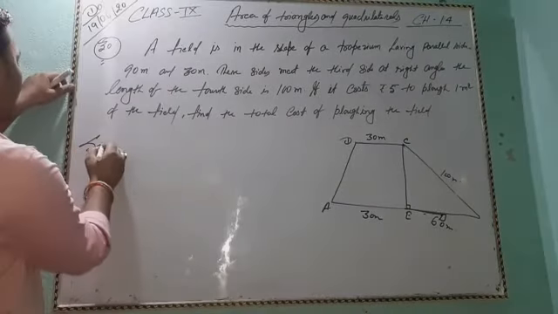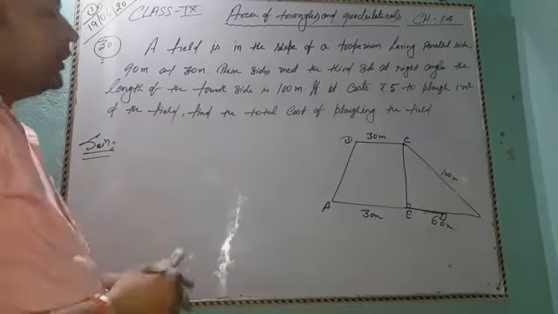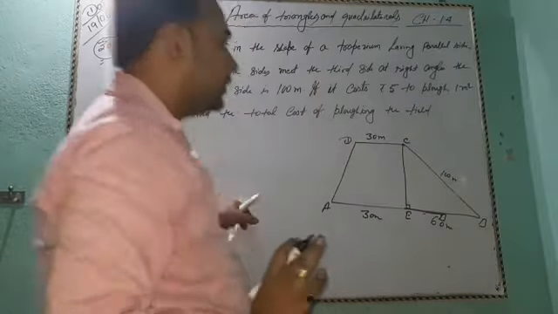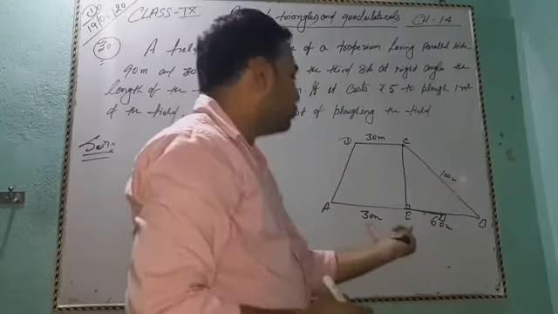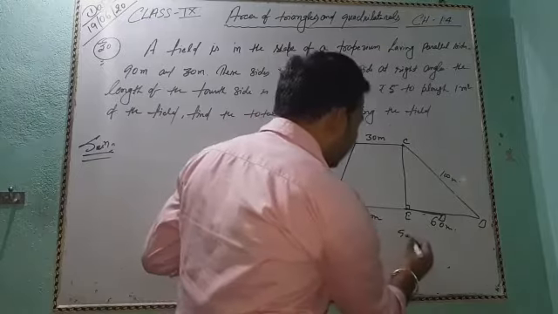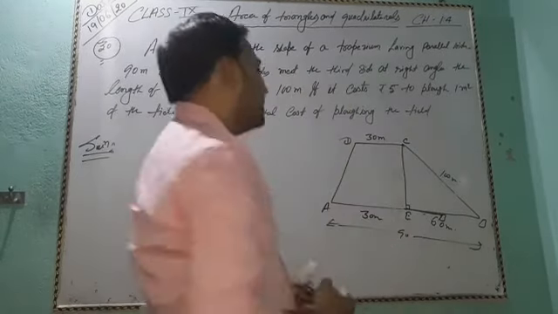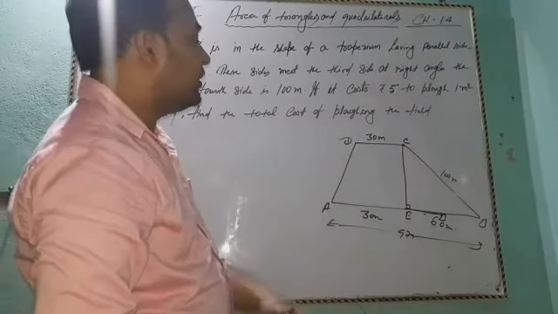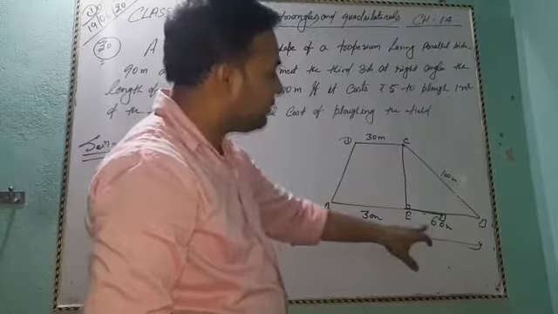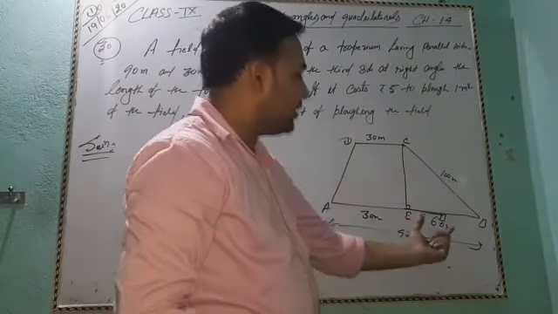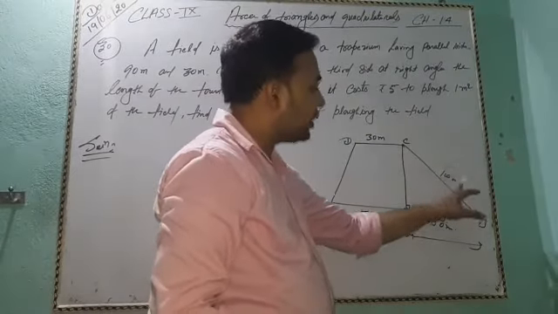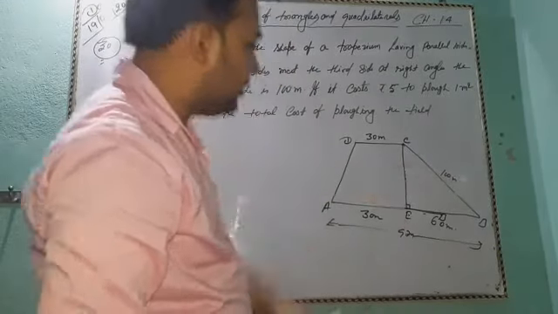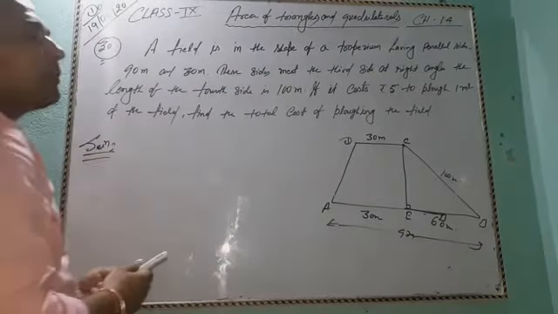Solution: ABCD is a trapezium in which AB equal to 90 meter and DC equal to 30 meter. This side meets the third side CE at a right angle, triangle CEB, and EB equal to 60 and the fourth side is 100 meter. So first of all we find the length of CE by using the Pythagoras theorem.